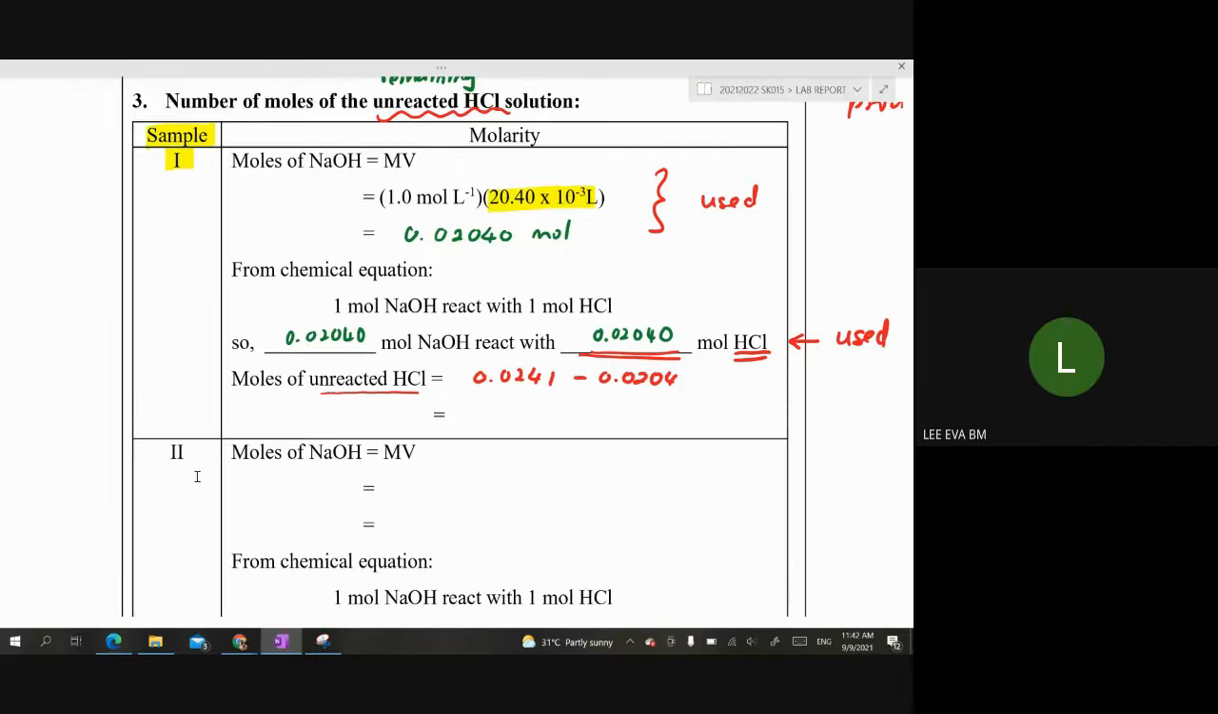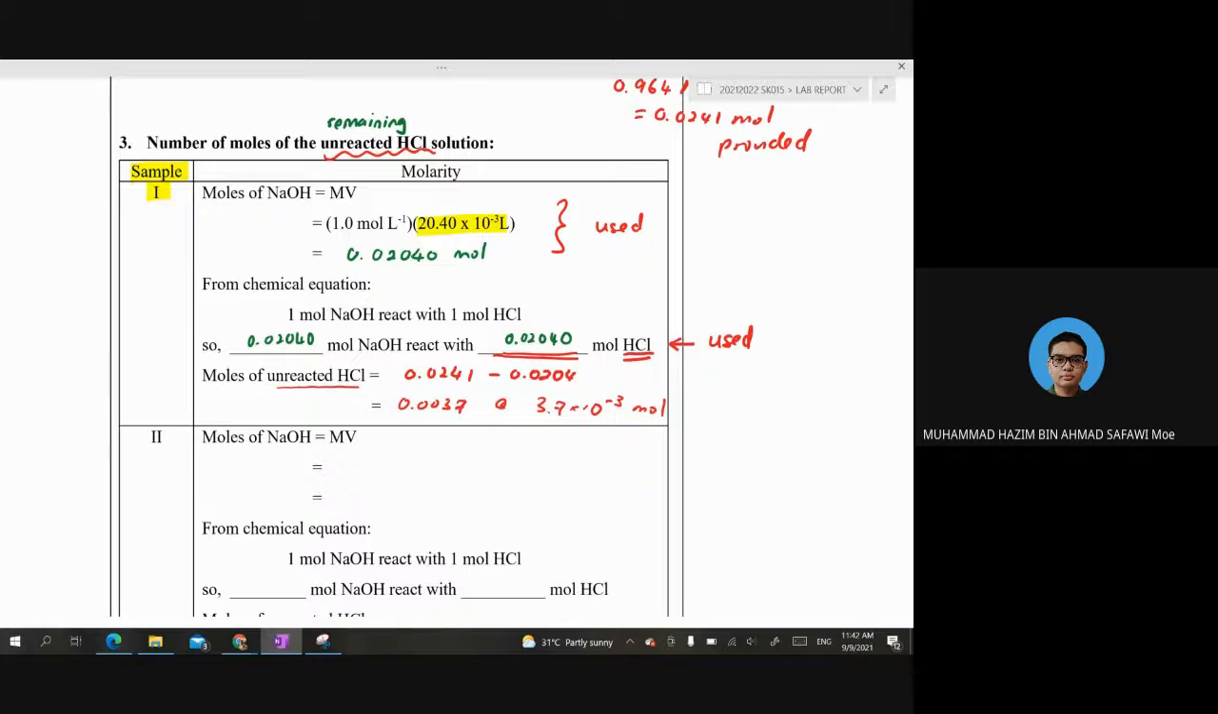0.0037. Okay, 0.0037, or you want to write 3.7 times 10 to the power of negative 3, also no problem. But don't forget about the unit, mole. All right? So any question for the sample one until this part? No. As for now,